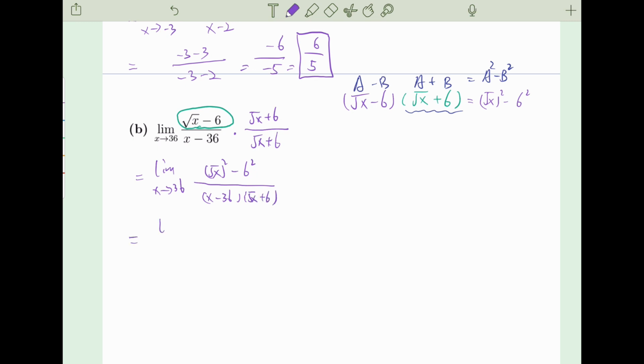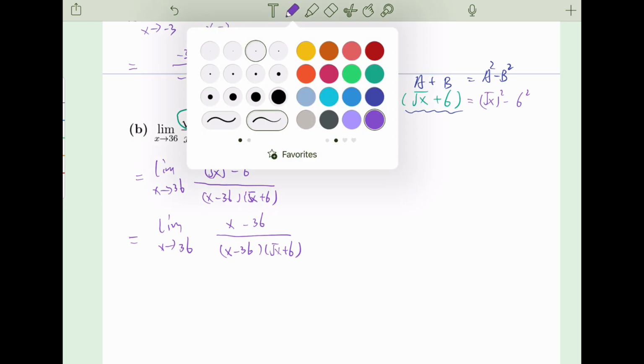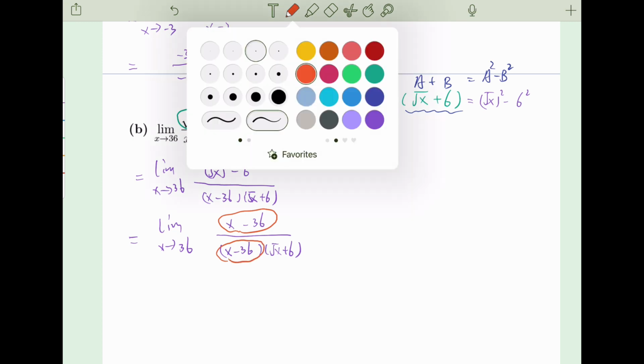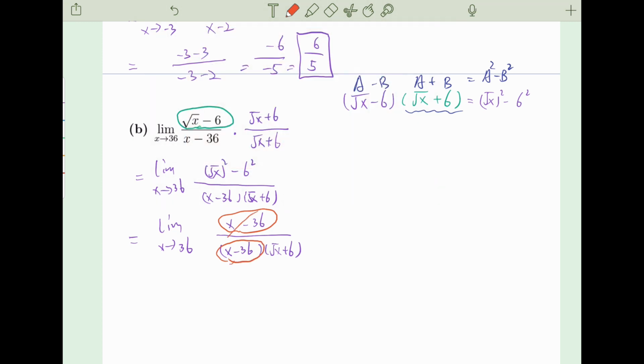And now we compute the top. So we have x minus 36. Oh, no, not x squared, just x minus 36. This is over (x minus 36) times square root of x plus 6. And now we see that both the top and the bottom have the expression x minus 36, which will cancel. And now we are left with 1 on the top